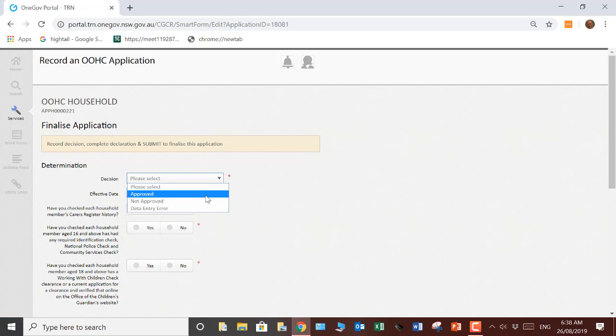Let's have a quick look at the options. We've got approved, which means that all the applicant and household member checks and suitability have been assessed with a satisfactory outcome, and the agency is happy that the application should be approved. You've got not approved. Obviously, one or more of the applicants or household member checks are not satisfactory, and the agency doesn't think it's appropriate to approve the application. And you've got data entry error. An application can be marked as an error if the data was entered by mistake, and in this case, it'll be erased. So let's choose approved